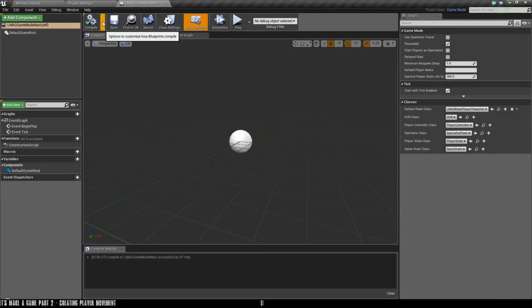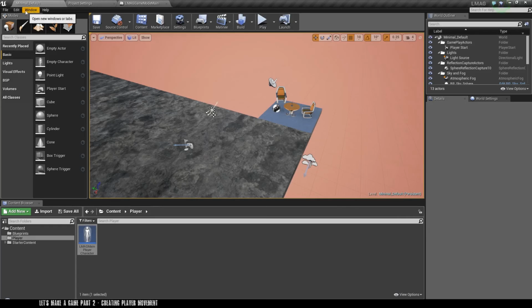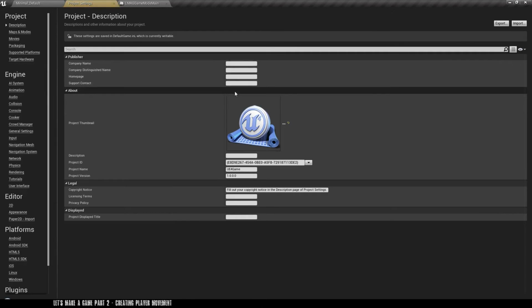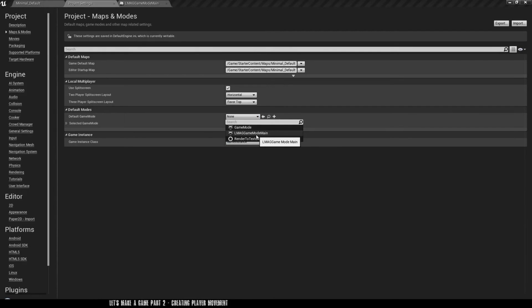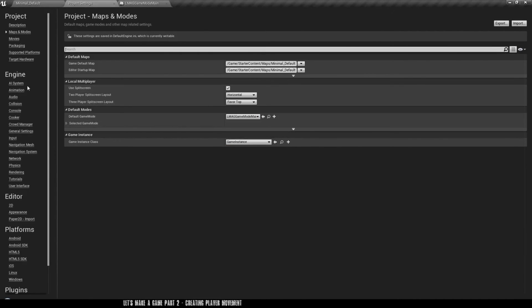And while we are at it, we can actually click on this little arrow and say save and compile on success only. Now, what we're going to do is we're going to say edit and project settings. First thing we're going to do is change the default game mode to our current game mode. So the default game mode becomes our main game mode, and then we're going to go down to input